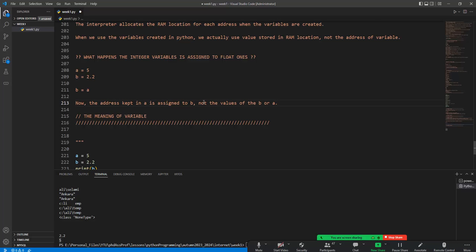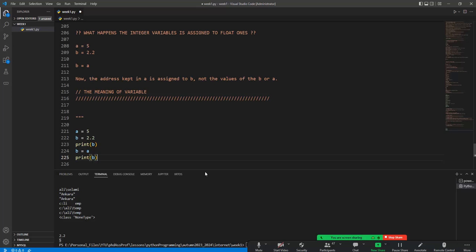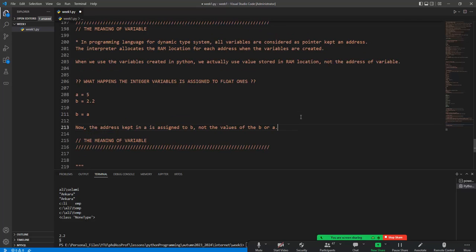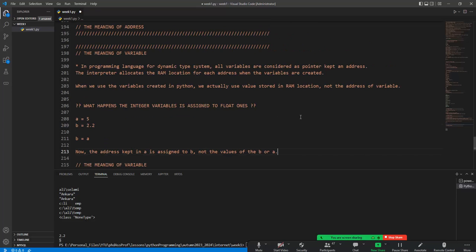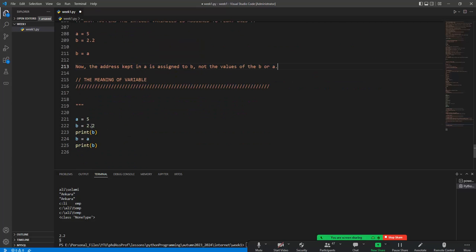Okay, and so we can easily test these in the later part. Okay, but you should remember that every variable in Python is a specific address, not the value of these things, and so we can easily assign any variable to another one, even if we have different types of the programs. Okay,